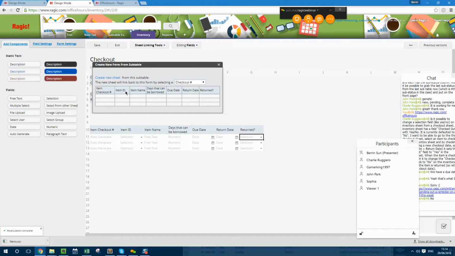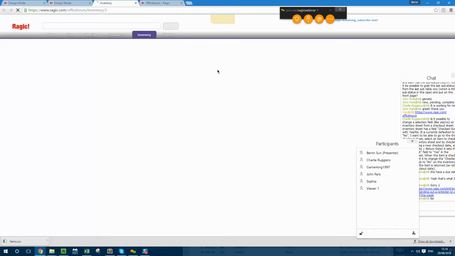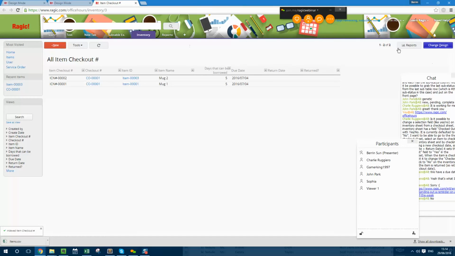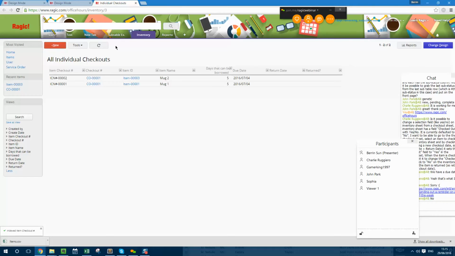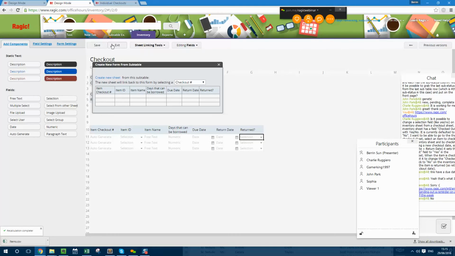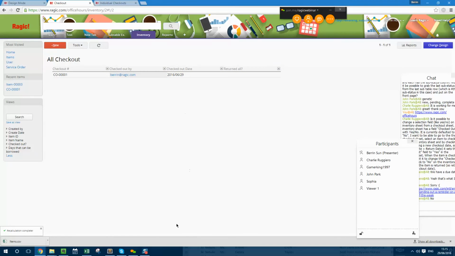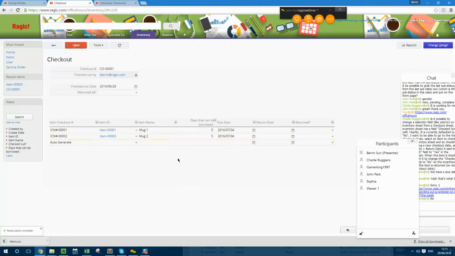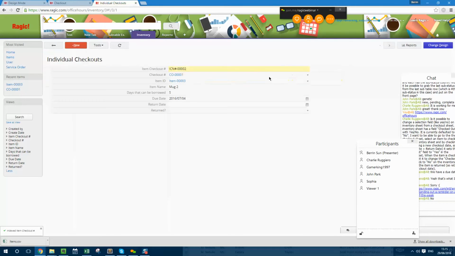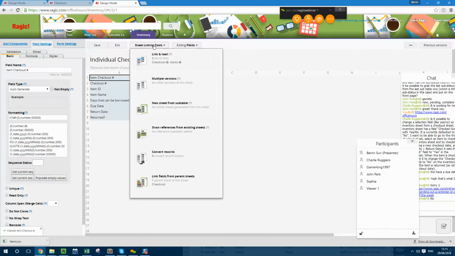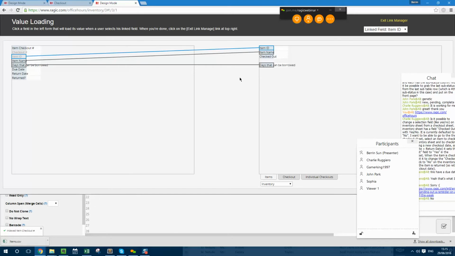Yeah, create new sheet. Okay. Individual checkouts. So for new users to Ragic, when I create a new sheet from the subtable, it will list. So imagine this, I have tons of records under here, and each subtable has tons of records. This one lists all the subtable items on each of my records, alright? Okay. So this one links my items directly, and it should